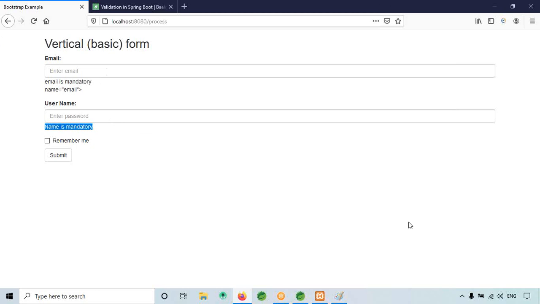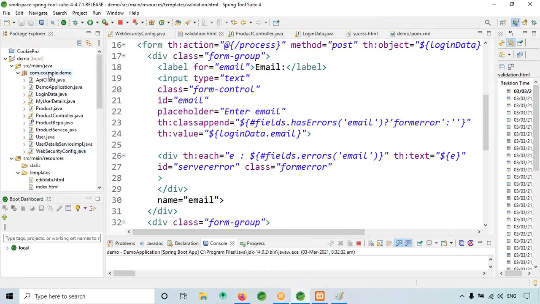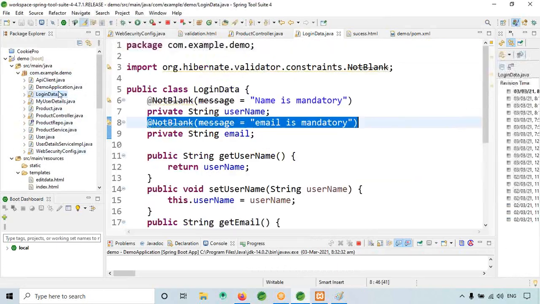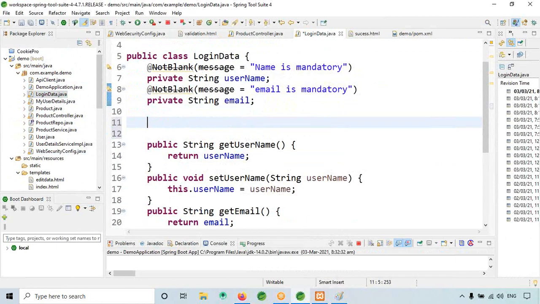To implement for the checkbox, we need to add one more field, that is in the login data here. Here I will add one more field, that is private boolean agreed, like this.